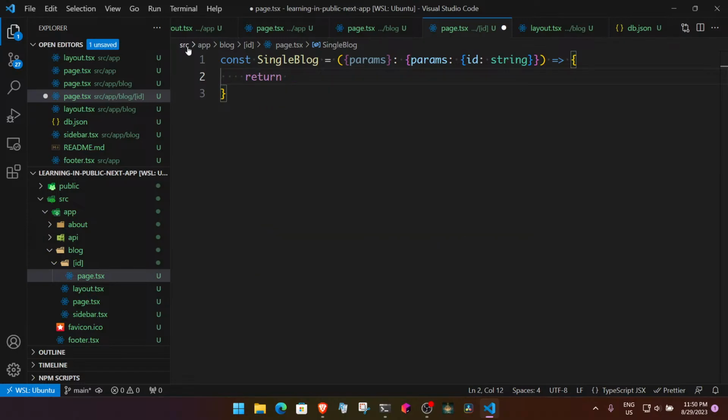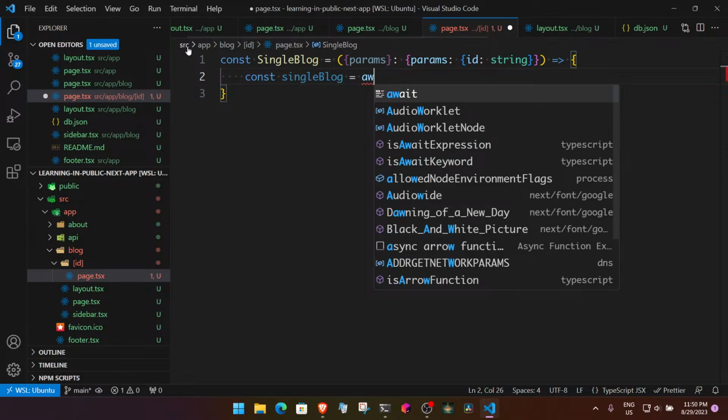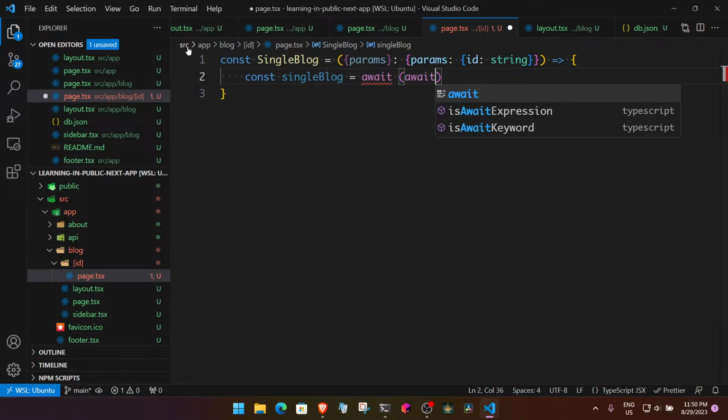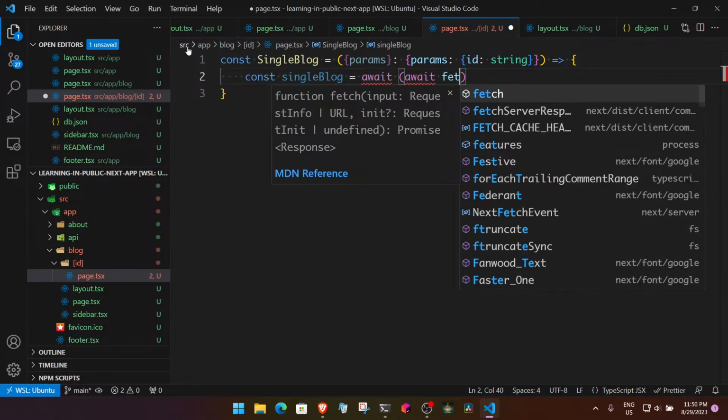And then should I fetch it again? Maybe I should fetch the single block again based on await fetch